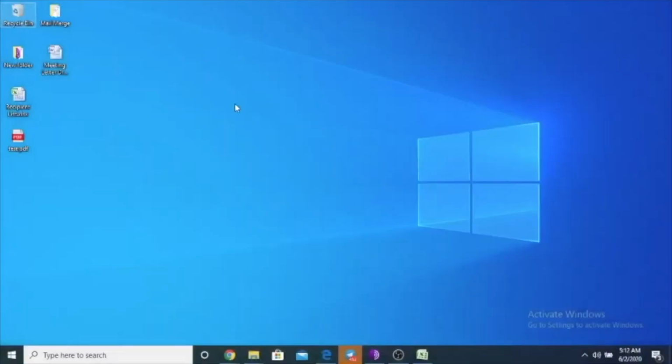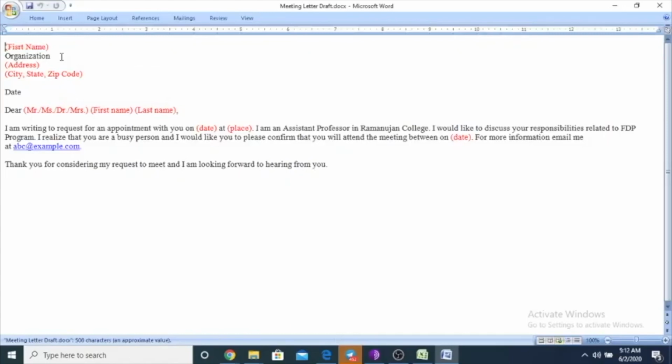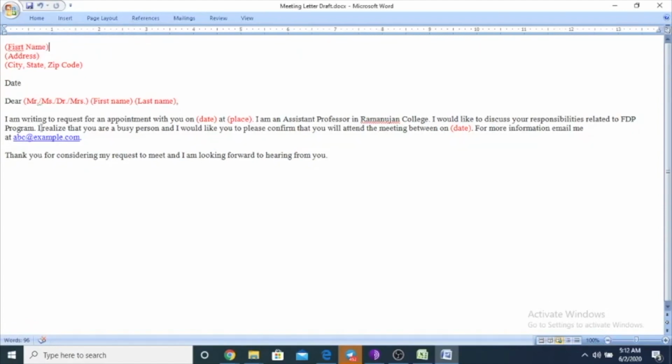Okay, let's go hands-on with the mail merge activity. This is my main document where I have written the letter which I want to send to more than one recipient. Here are certain fields mentioned in red, and certain fields mentioned in black.